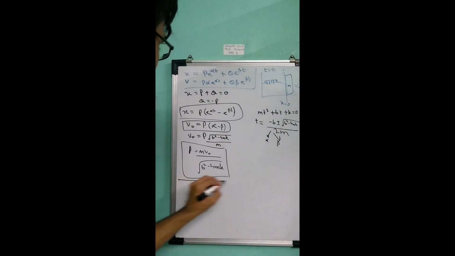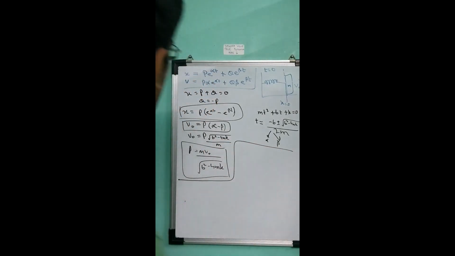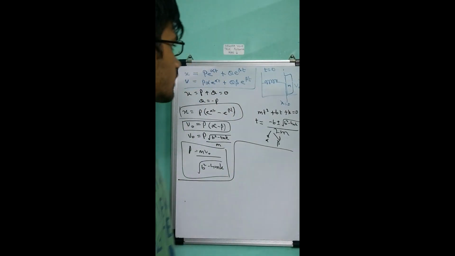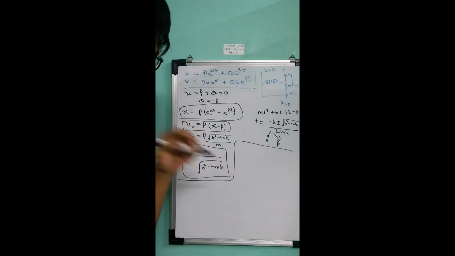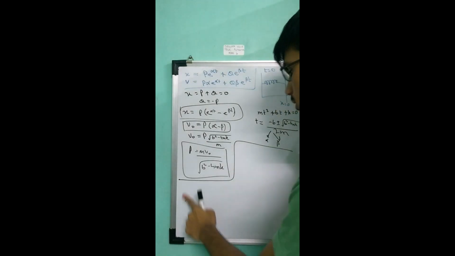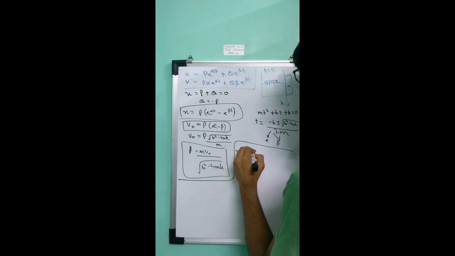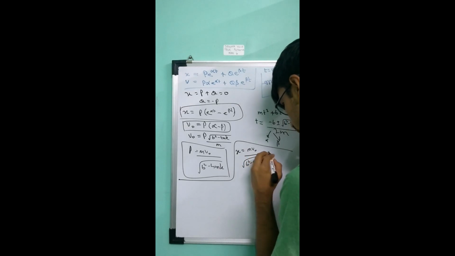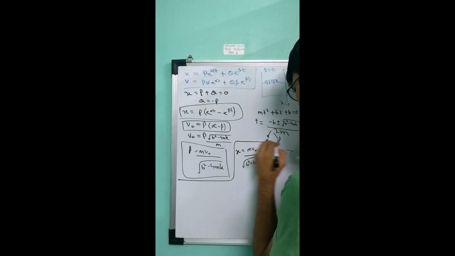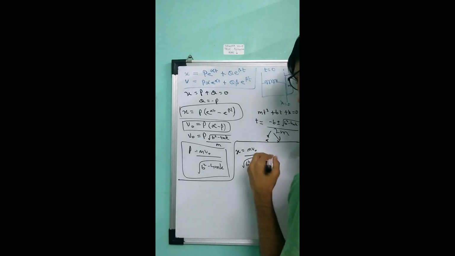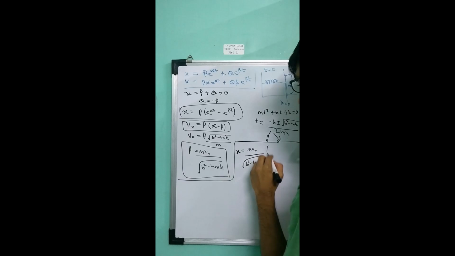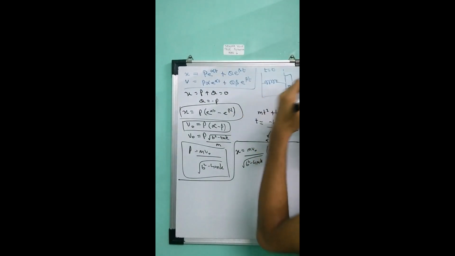So what do we get from this? We wanted to find x, right? The differential equation, it was in x. So we were trying to find x. I think we've got x now. X is m V0 by root b square minus 4mk, into, q was minus p, right? So into e to the power alpha t minus e to the power beta t.